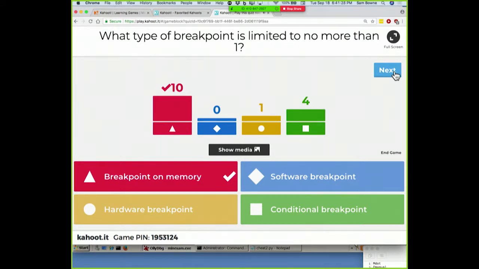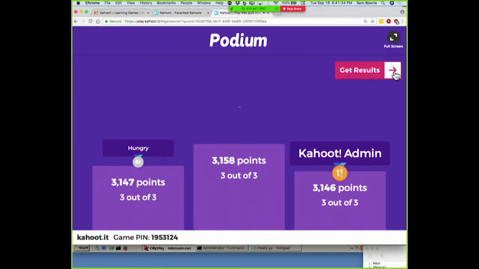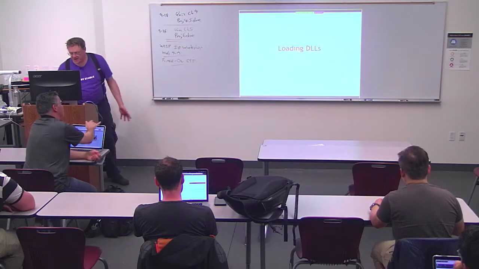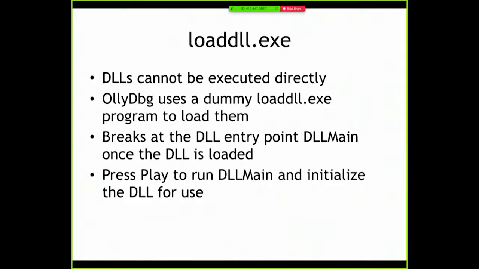It was those memory breakpoints. Not only do they not work, but you can only have one. So anyway, all right. If you do want to debug a DLL, you can just click File, Open in Olly